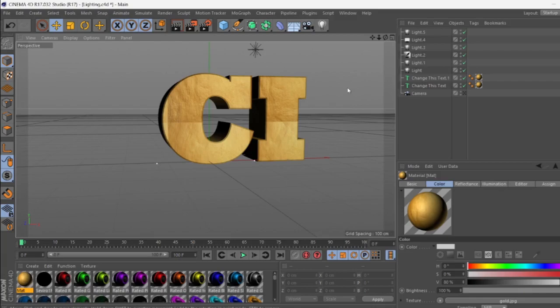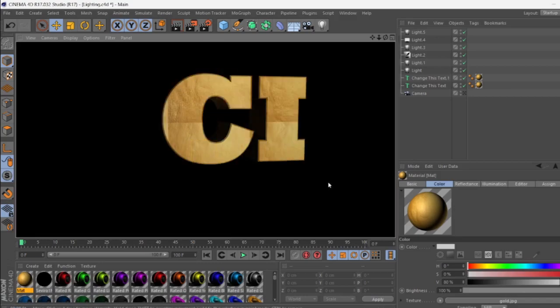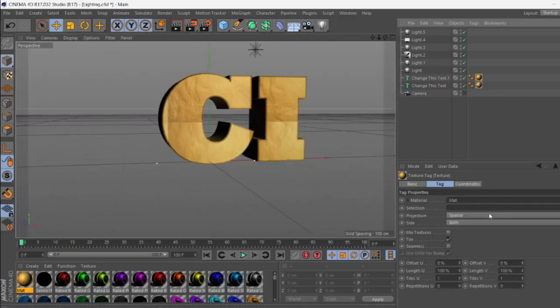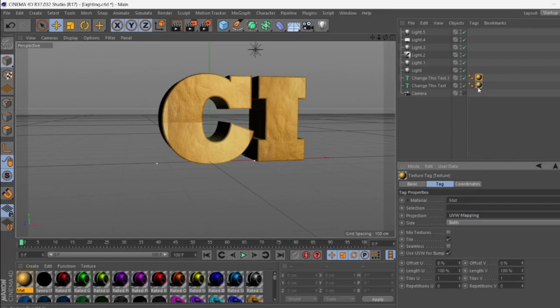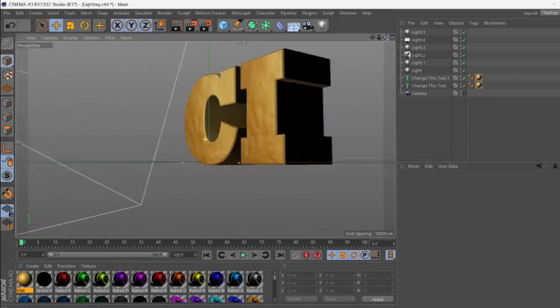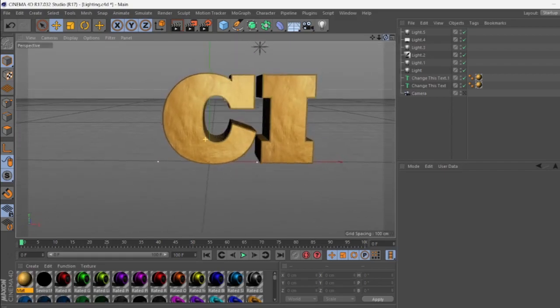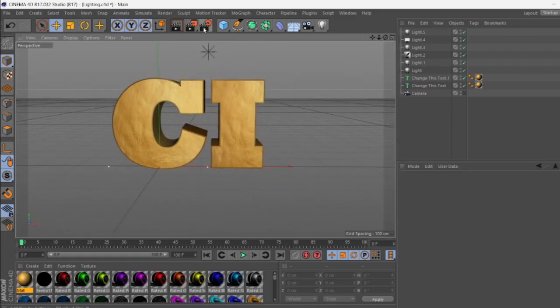Yeah, sometimes spatial might mess up as well, so if spatial doesn't look right, you can go back to using UV mapping. Doesn't really matter. Yeah, I prefer UV mapping. Yeah, that looks a lot better. Yeah, I prefer this. So yeah, once you do that, if you want to export it, you click on